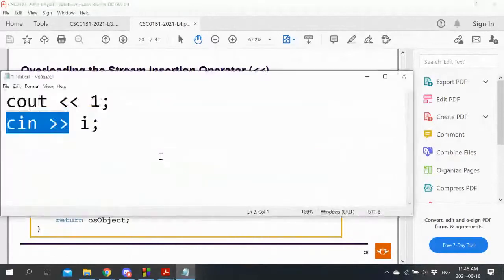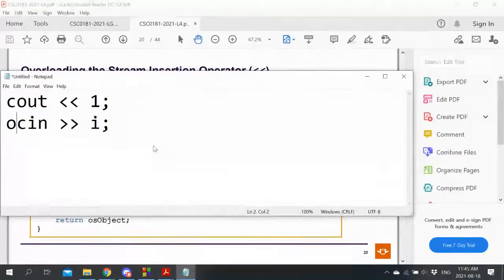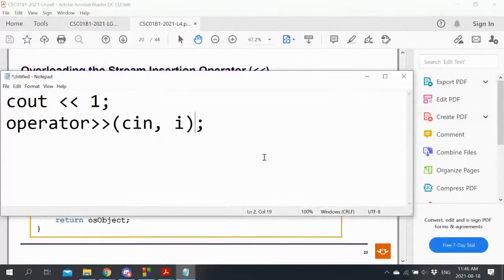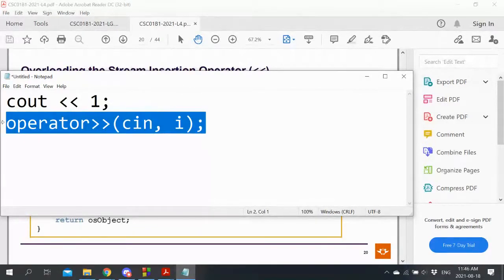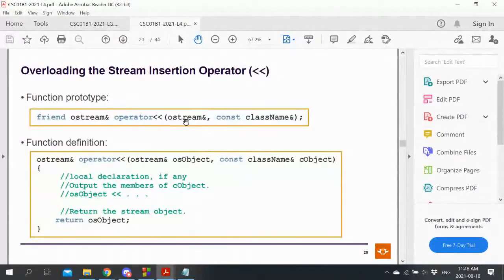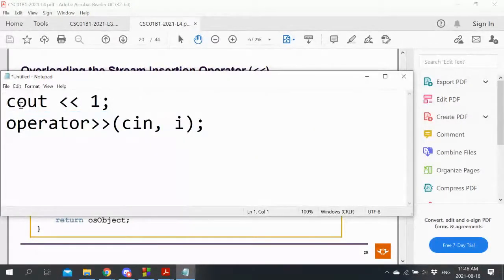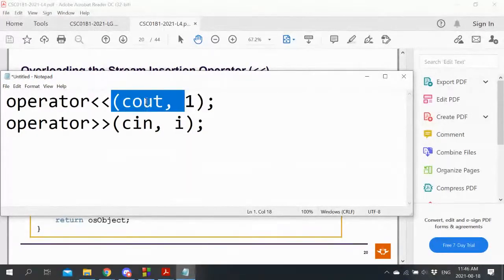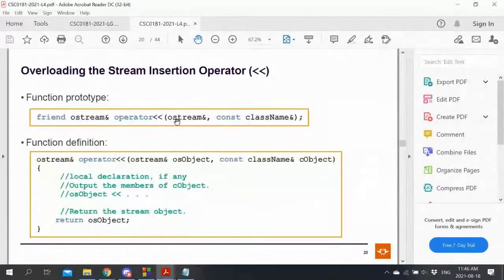And then the first parameter, as we saw, gets turned into calls like this, so it gets evaluated like that. You can see that the first input there needs to be the same stream type. So for input with cin, it would be operator, and then the stream. We can see that this particular thing's return type must be an ostream, and its first parameter must be an ostream.